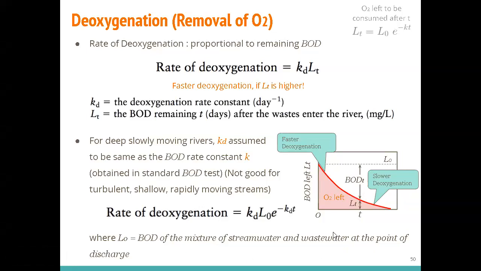Okay, next time we'll talk about this. It's a little bit confusing, so I'll leave that to next week, because this one, the oxygenation, is talking about the properties of the river only, okay? So this lesson, we talked about the effect of the organic matter, and next lesson, we'll talk about the properties of the water bodies.